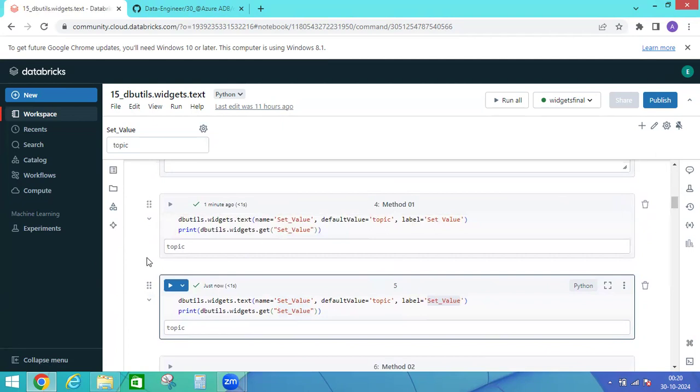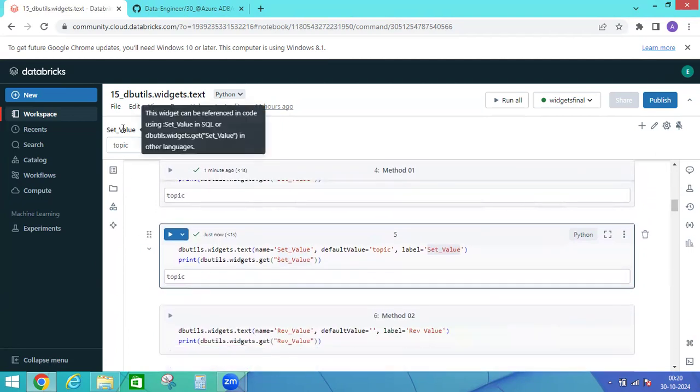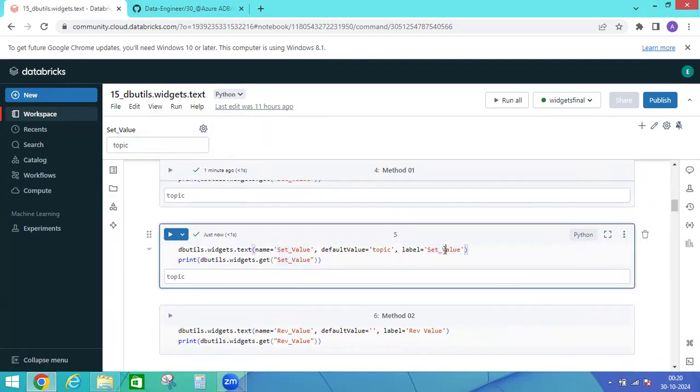See, same widget. Earlier we had two names, no? One was the widget name and one the label name. Since now we have the same, see it updated with a single name. Okay, and